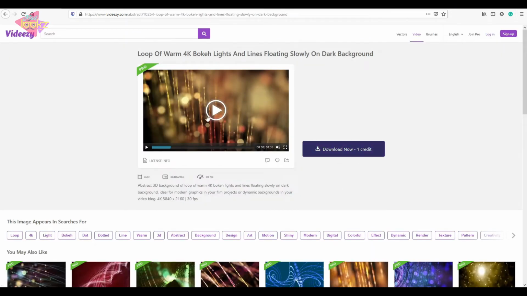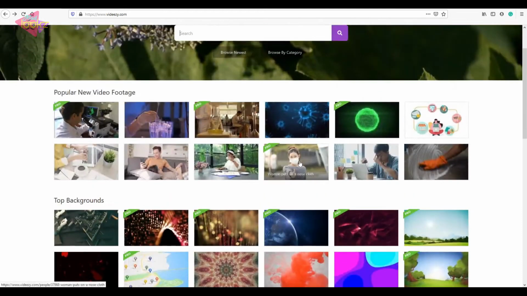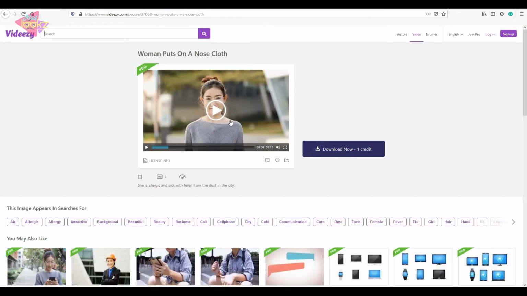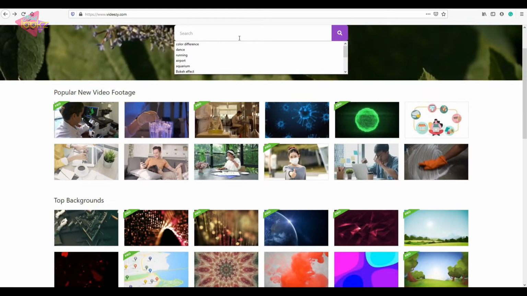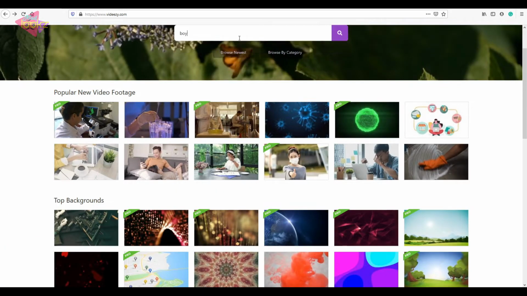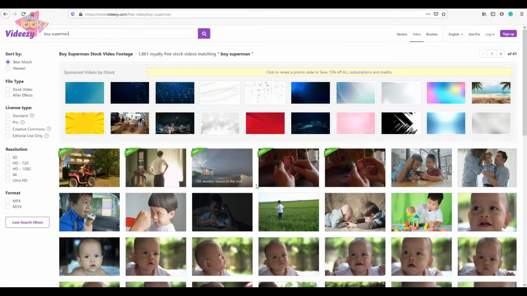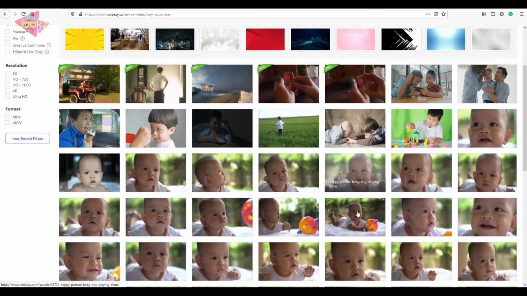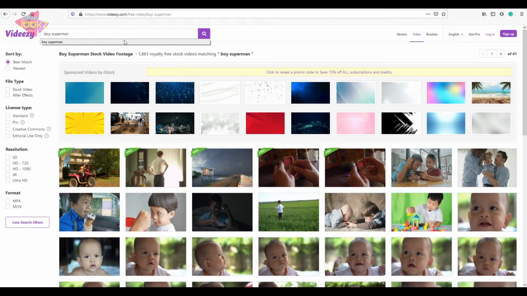Here we have the download options, and here we have a lot of footages, and there are some pro videos, like you have to pay to download that. And if you search some topics, you can find videos regarding that topic. Okay, so I have already chosen one footage. Okay, I'm not able to find that footage. Let me search. Just a minute. Okay, boy running.